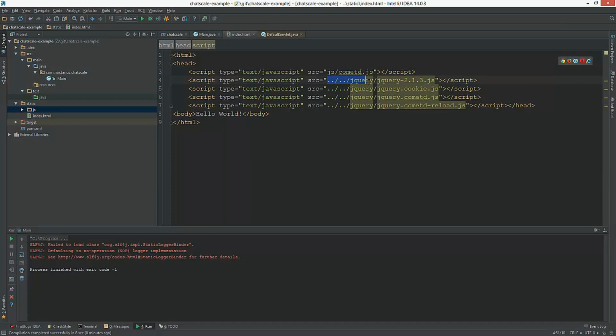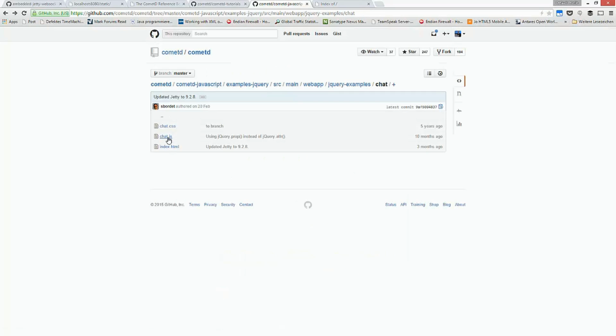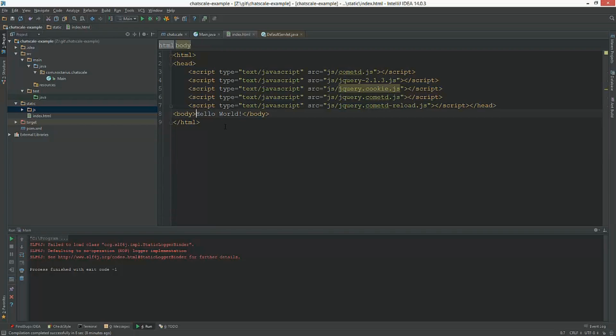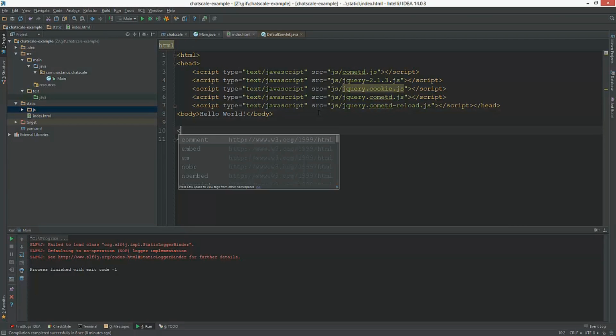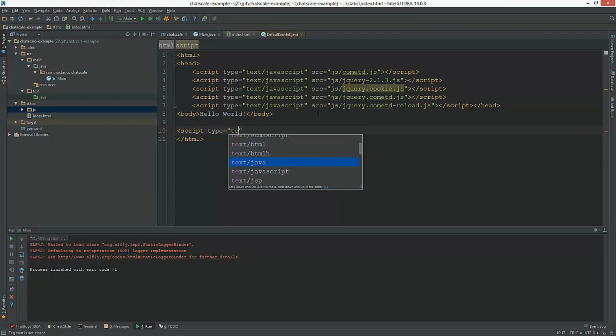And we're almost done for today, but I really want to show how easy it is to push something. So let's quickly do this. Let's have a quick look at the chat.js. We're just doing it somewhere here. Type text JavaScript.